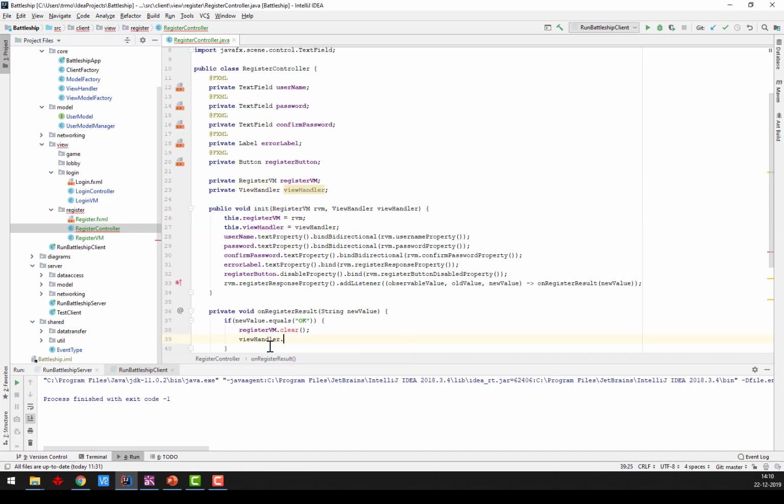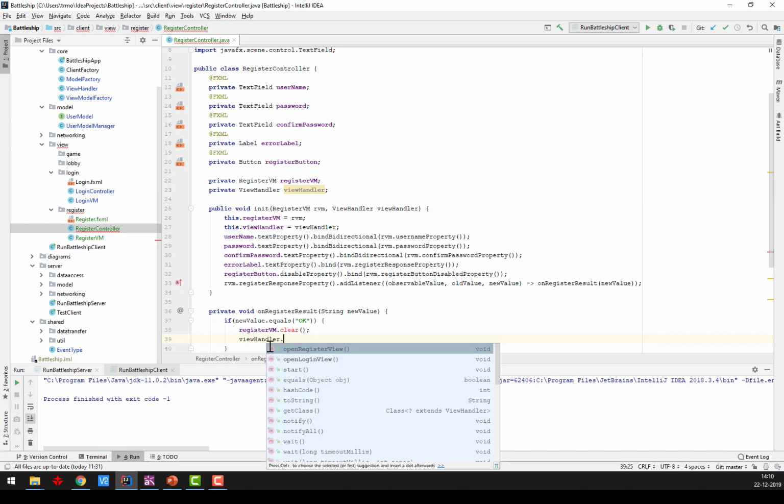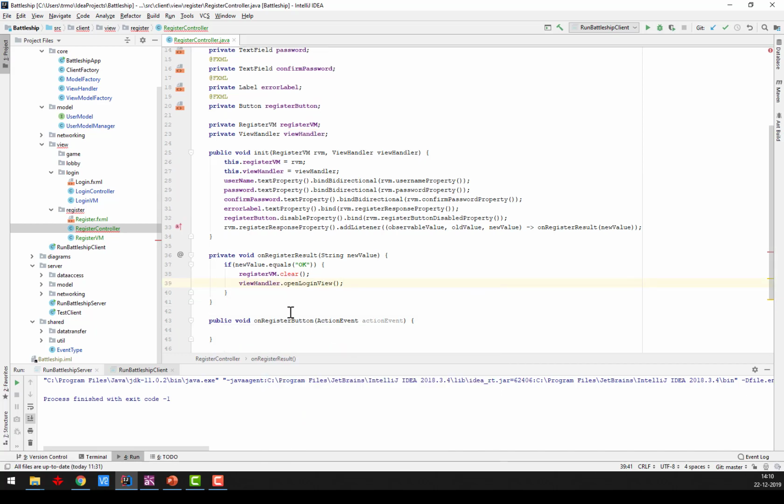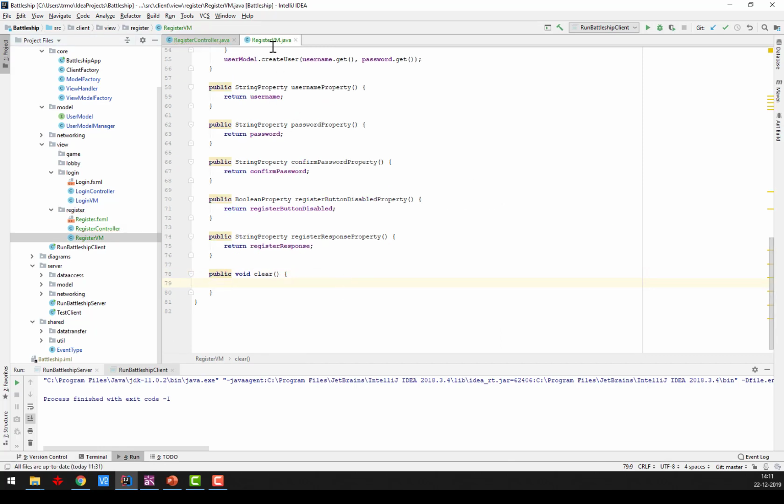And then we go view handler, open login view. So we want to go back to that one. All right. I need the clear method. I'll create that in my view model. We're in the register view model, and we say username.clear, set. We say password set, confirm password set,